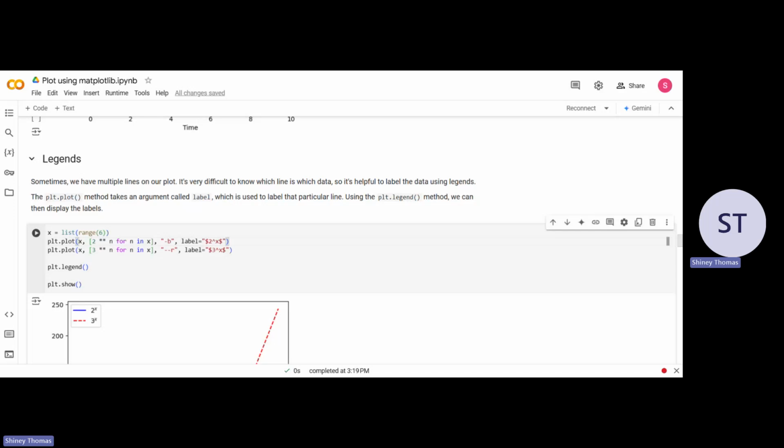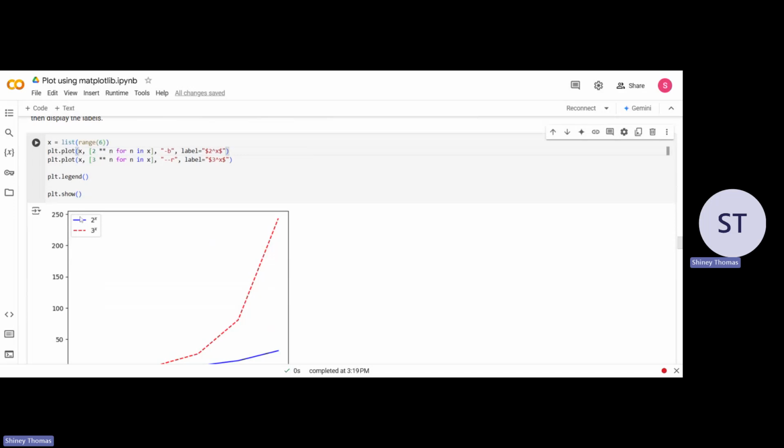To indicate what line it represents, we show something known as legends. So you must have seen a legend in a graph, which indicates that the blue line represents something and the dashed line represents something else. So what we can do here is,